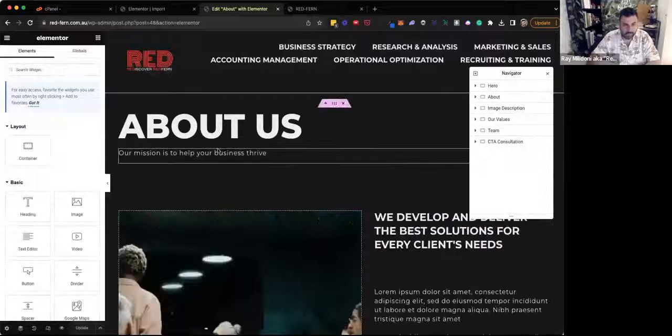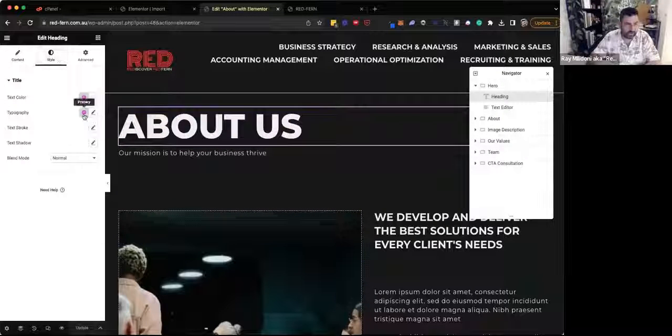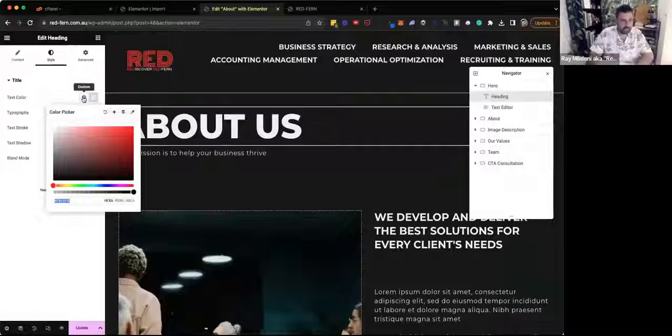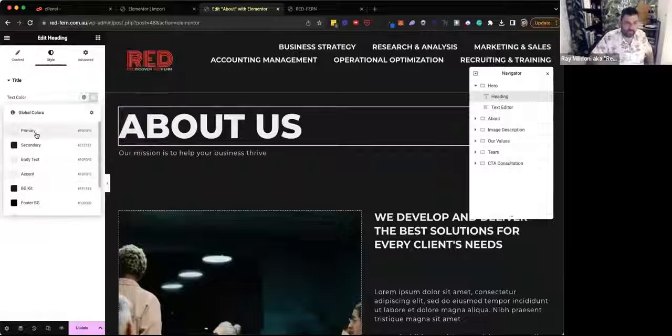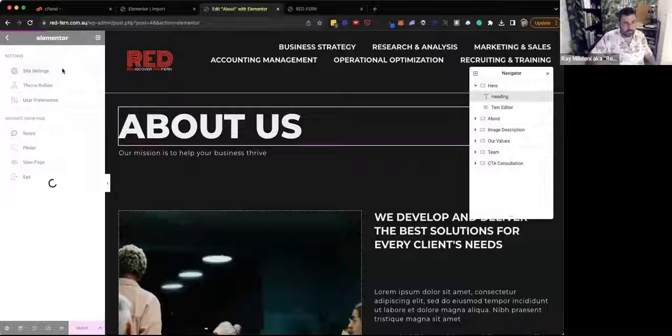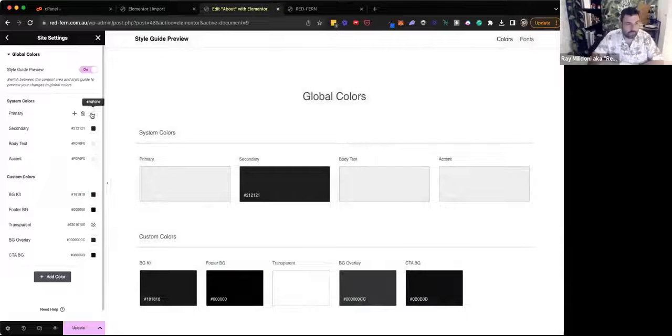let's just say this one here, if you go under style, instead of clicking, where's a color? Right here. So instead of clicking this color here, you click the global, and then you would pick one of these colors here. So if we updated that global colors before, you'd say, okay, well, this is going to be a heading, and I want it to be a primary color, which is going to be the red. And so if you click primary here, this is now linked to a global value. And so, at the moment, what do I do? I called that primary. And then if I go back here, settings, global, if I change the primary,